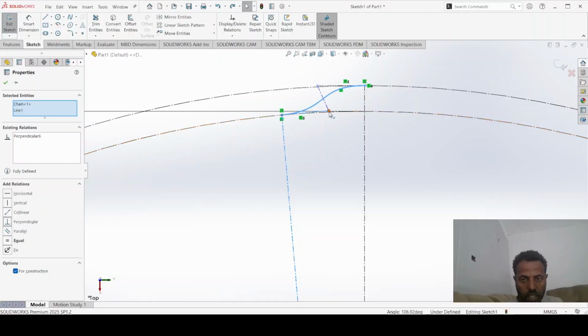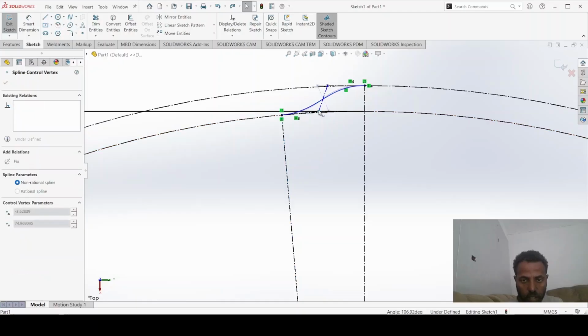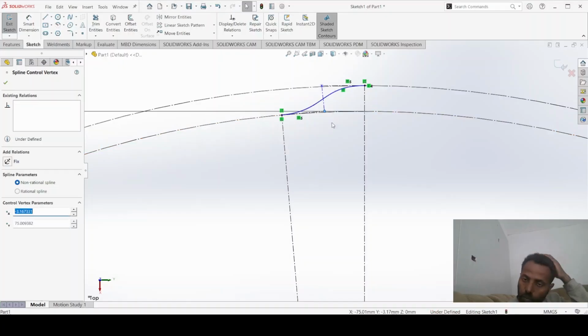And next, this is movable, right? Anyways, we can now